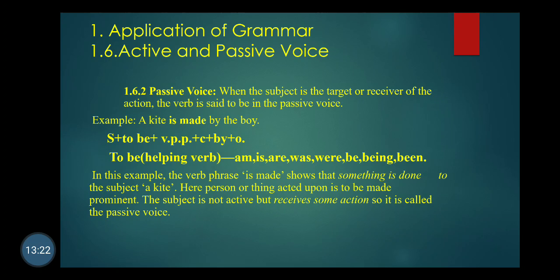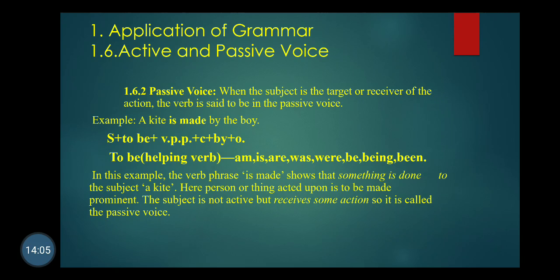In simple words, what is active voice and passive voice? Voice is a transmission of action. Action means verb, transmission from subject to object or object to subject. Active voice: subject is active. Passive voice: subject is passive. Why do we use active voice? We want to highlight, to give emphasis and importance to the subject. When do we use passive voice? Passive voice denotes action is important, subject is not important; subject is a receiver of action, action is performed upon the subject.